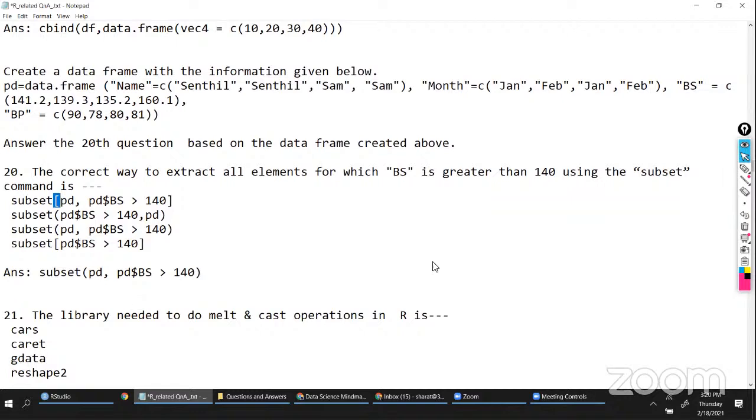The library needed to do melt and cast operations in R. Right? Melt and cast operations. Melt and cast basically means if you have a data frame or if you have a dimension of your data set, you want to make that multi-dimensional data into a single dimension, for example, or you want to alter the dimension. Then we can use